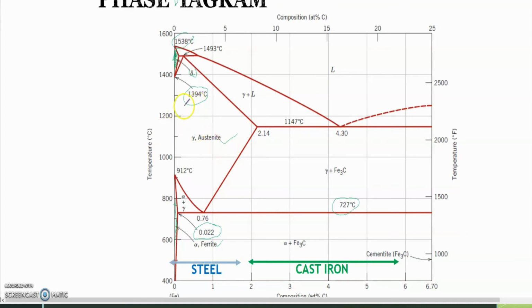So maksudnya austenite ni dia boleh larut, karbon boleh larut dalam ferrum ataupun iron adalah sebanyak 2.14 weight percent. Okay, 2.14 weight percent karbon lah pada suhu ni 1147